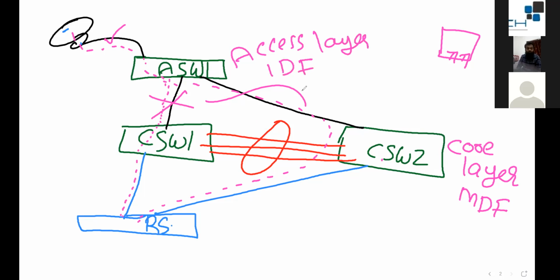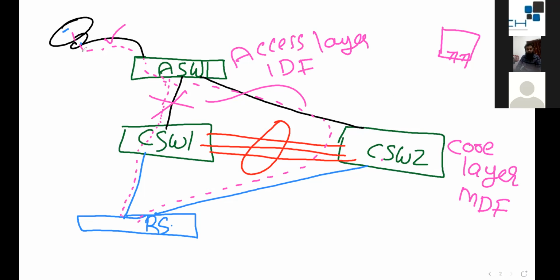So now you have only two layers, the access layer and the core layer. And your servers are directly connected to your core switch, if there is no alternate solution. This is the least and most common solution in any network technology.